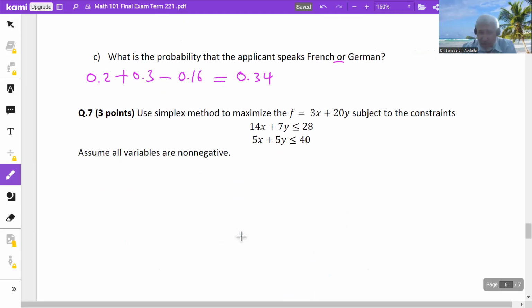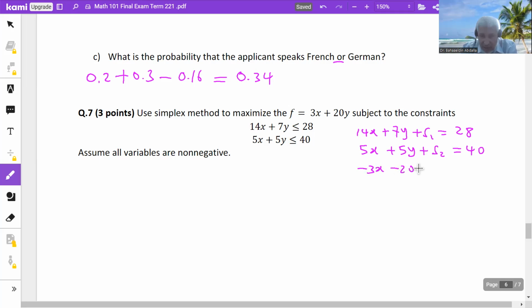Use the simplex method to maximize that function subject to these constraints. Well, you know, the first step is to introduce slack variables S1 and S2, changing the inequalities to equations, plus S2 equals 40. And then also you write the objective function, you bring everything to the left-hand side, so you'll have negative 3x, negative 20y plus f equals 0. And now you write